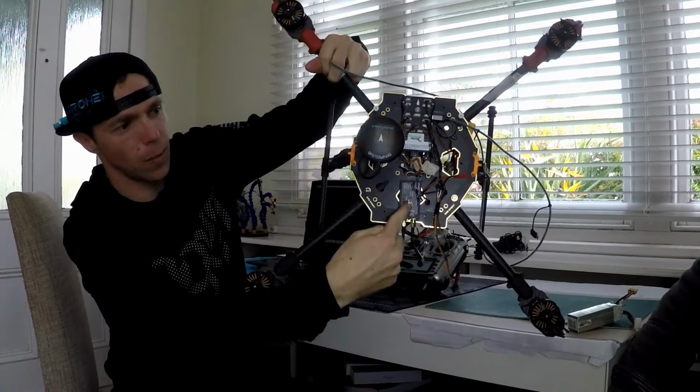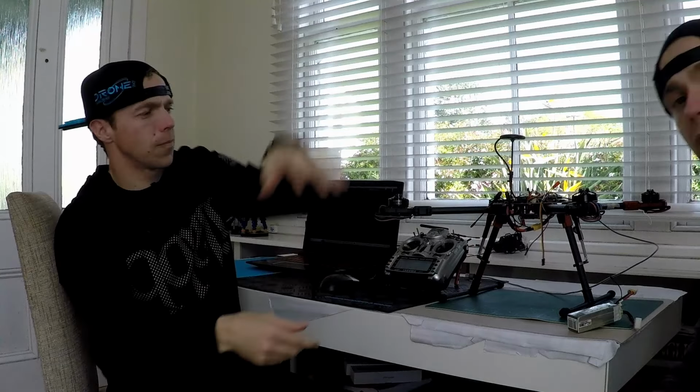So yes, that gives you a lot more power as well. It gives you a lot more everything. And most importantly, it gives you the ability to use it, which is what we're very interested in. Okay, so there it is. I can bring it closer. We mounted them here. So we did the radio calibration on Mission Planner, and now we've just configured the ESCs